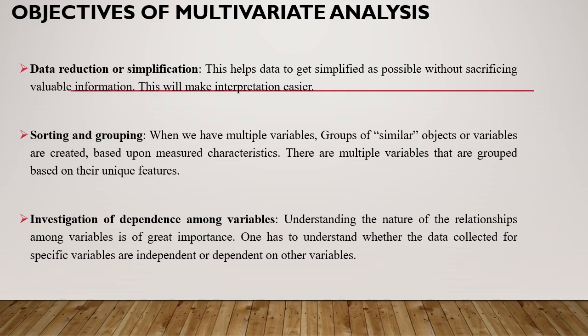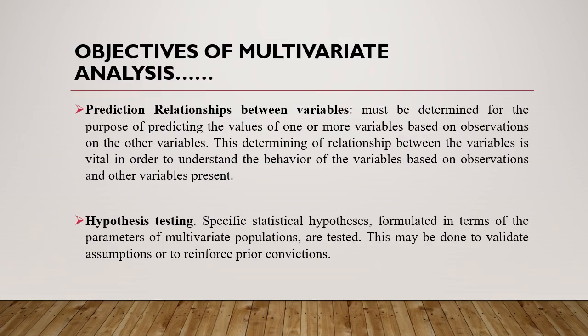The third objective is the investigation of dependence among variables. Understanding the nature of relationships among variables is of great importance. One has to understand whether the data collected for specific variables are independent or dependent on others. Prediction relationships between variables must be determined for the purpose of predicting the values of one or more variables based on observations on the other variables. This determining of relationship between the variables is vital in order to understand the behavior of the variables based on observations